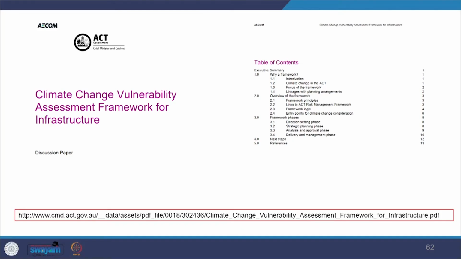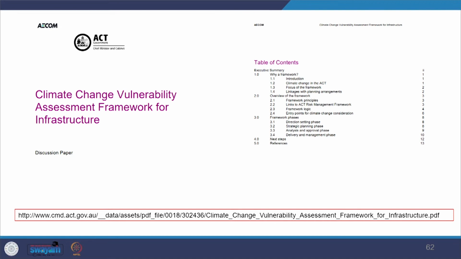They have also developed a climate change vulnerability assessment framework. You can also look at the vulnerability assessment framework which supplements the risk management standards for the planning, development, renewal, maintenance and management of public infrastructure. So this has been developed by them. You can see the snip of the report here, and the link to the framework is provided for your further reading.